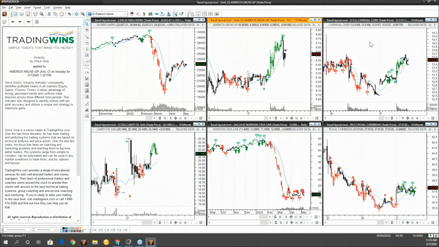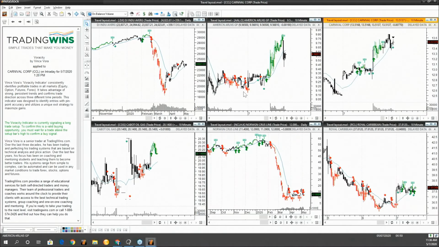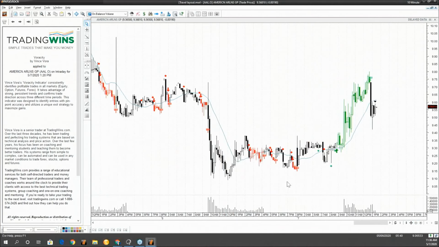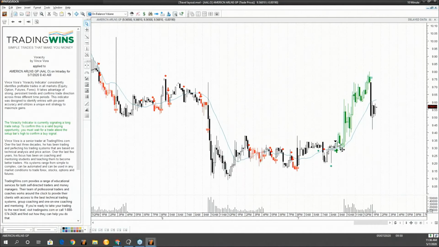But yeah, this actually does really well and has done really well right now with all of these travel stocks like Carnival. American Airlines is another one that it does great on. Let's look at that one right now. I actually ran a scan on all these to make sure it's going to work really well before I did this webinar, and then I created the little layout. So again, right here we got in on May 7th. This is on a 10-minute time frame, so we would have gotten in right at 9:34, and then right now we're just riding that up, and we would have gotten out right as it started to reverse. So really good, easy system.